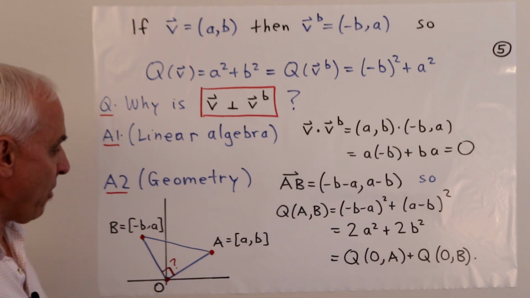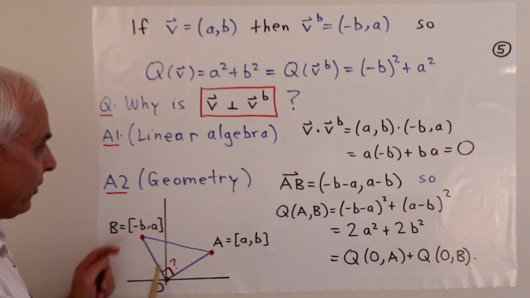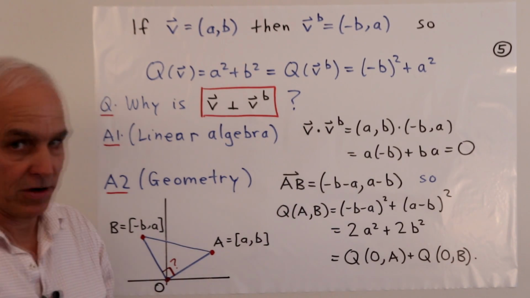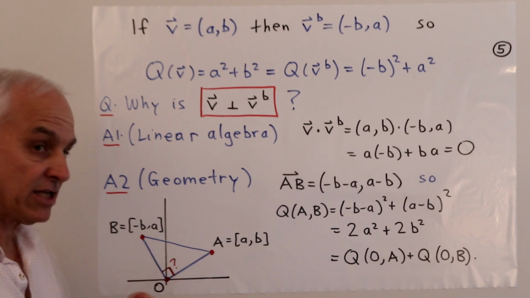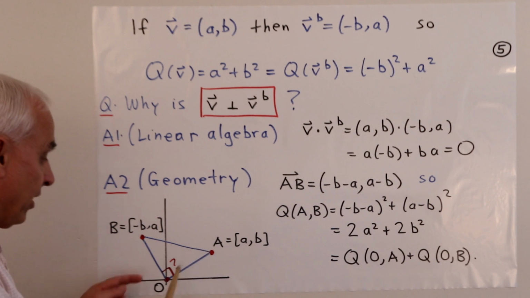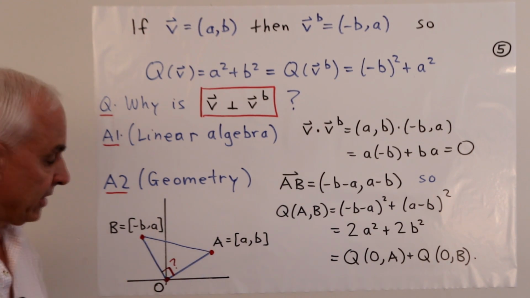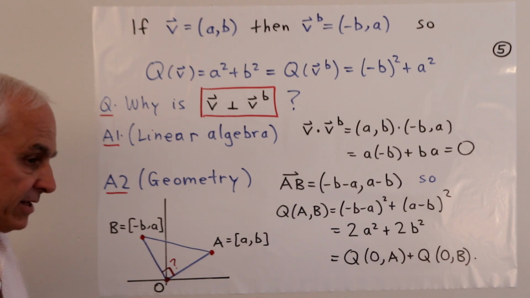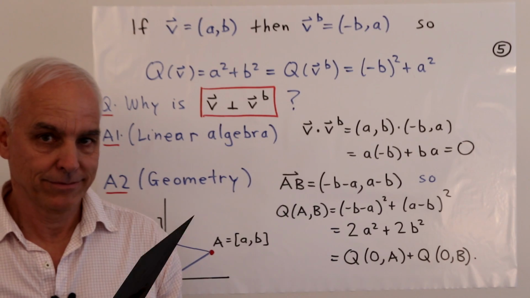which is the sum of this quadrant's, which is A squared plus B squared, and this quadrant's, which is also A squared plus B squared. So yes, indeed, this triangle satisfies Pythagoras' theorem, namely this quadrant's plus this quadrant's equals that quadrant's. That's telling us geometrically that that is a perpendicularity there, or a right angle.